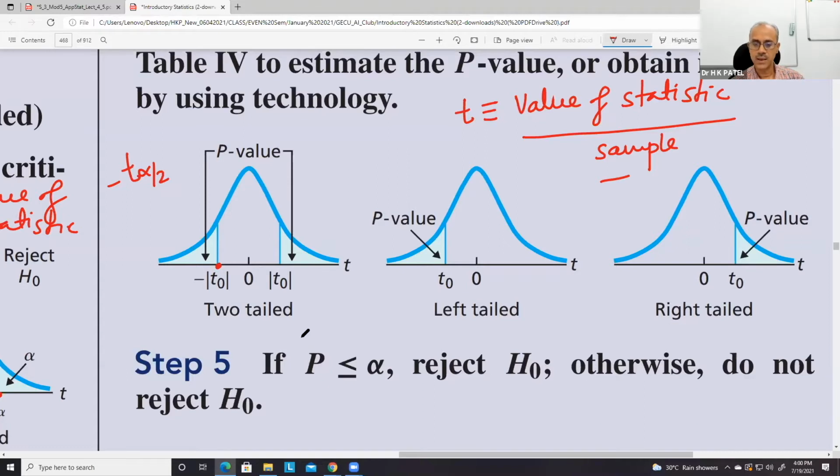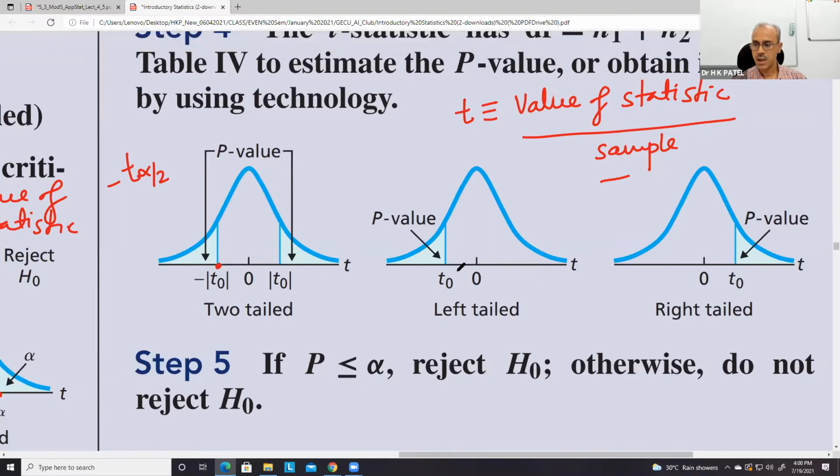In case of normal distribution, we can calculate both area and value. We can calculate area under the normal curve from the table. But in case of t distribution, chi-square distribution, or F distribution, we don't have such a table, and therefore, to obtain the value or area, we have to use technology.